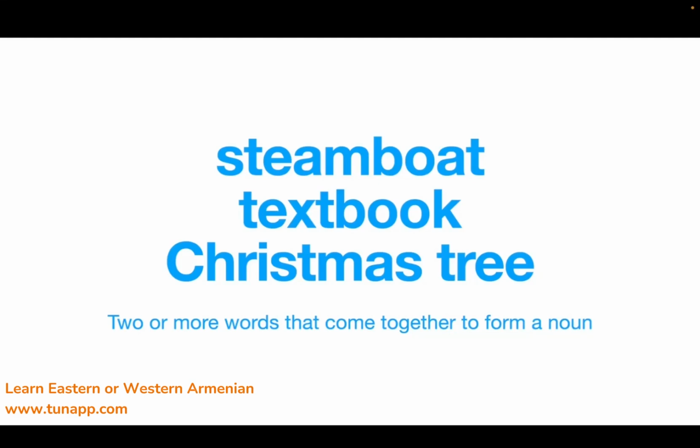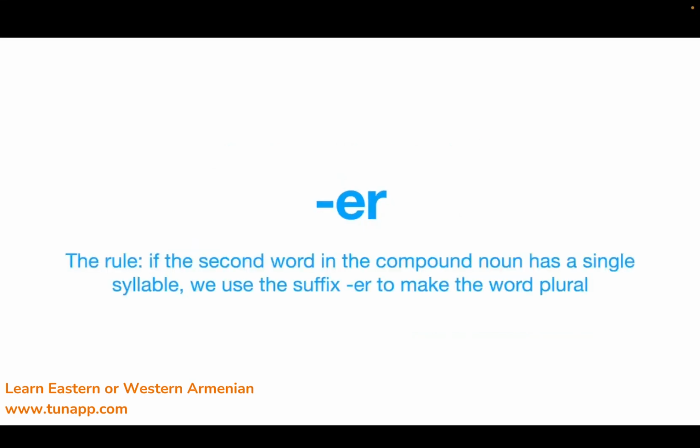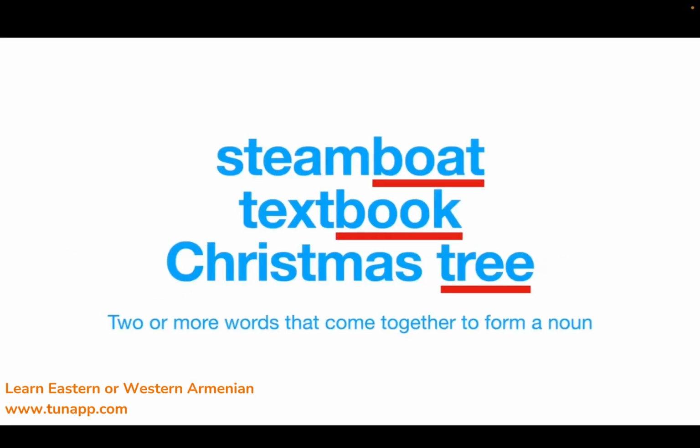A compound noun is two or more words that come together to form a noun. Steamboat, textbook, Christmas tree. These words, steam and boat, have meanings on their own rights as individual words. Same with text and book or Christmas and tree. But when we bring them together in Armenian, the plurals are perhaps not as you would expect. The rule in this instance is if the second word in the compound noun has a single syllable, we use the suffix er to make the word plural. This is a little counterintuitive, but we'll show you some